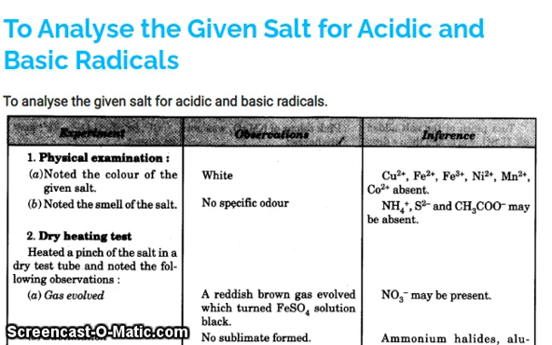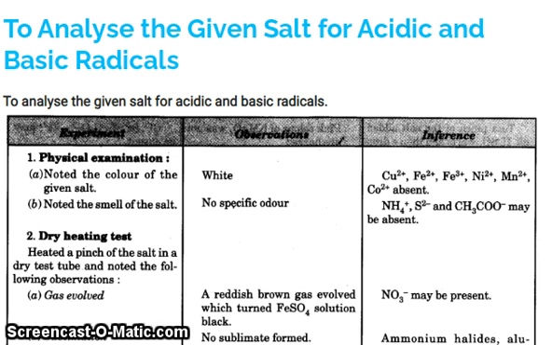Cationic or anionic radicals, we call them basic and acidic radicals. So to analyze the given salt for acidic and basic radicals,